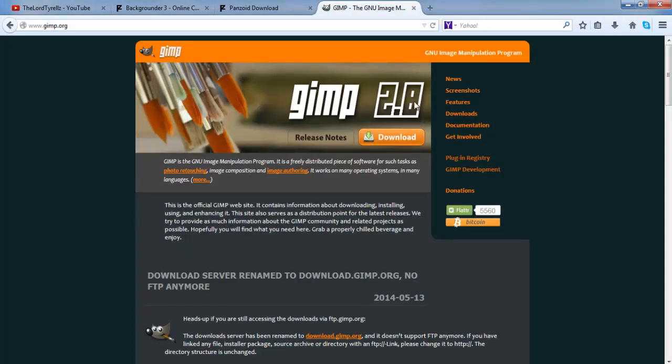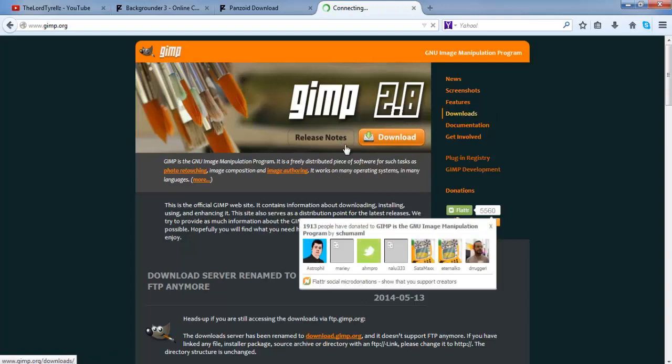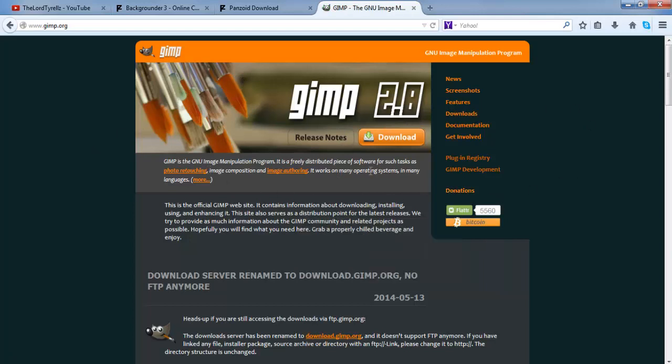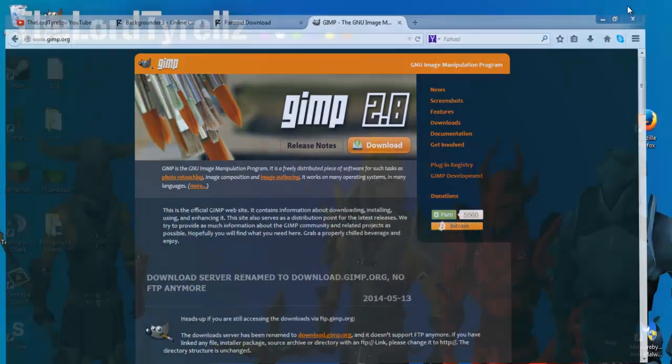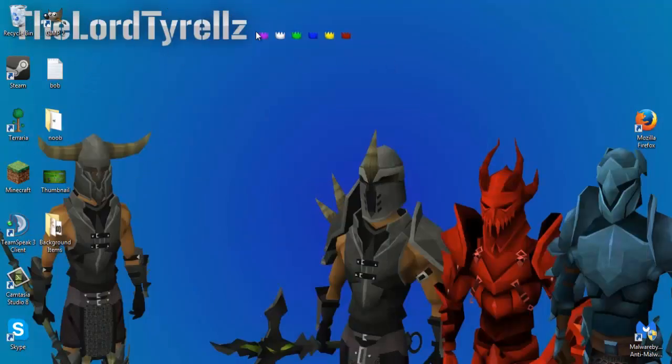And you want to use GIMP 2.8. It's completely free, no viruses, so no need to worry about that. They're a very professional company, and this is probably the best free software you're ever gonna get, to be honest. So once you've gotten that open, you want to go to your home, and I guess I made this, which I'm gonna show you guys how to make later. But these are my background items. I'm gonna go ahead and open GIMP,